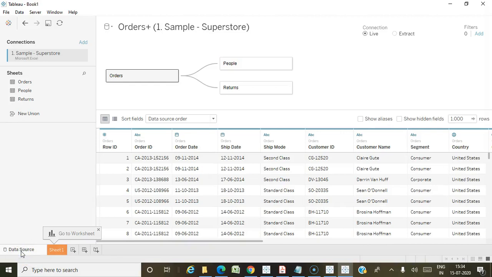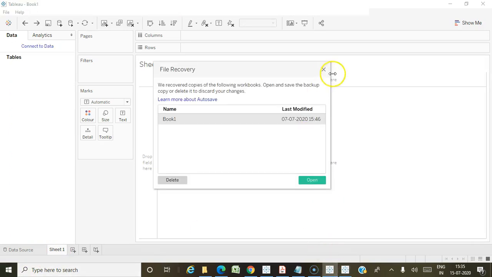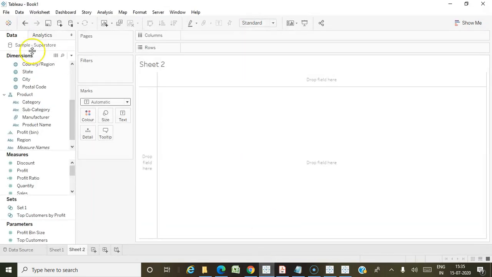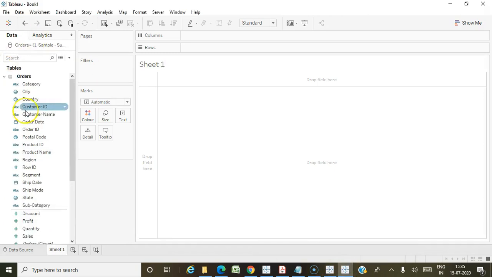In this video, I'm going to talk about another new feature in 2020.2. In the previous videos, I explained the relationship concept. Now, when you are connecting to any data set, in the previous versions you could see it separated into dimensions and measures sections. But now in the 2020.2 version, we don't have that separate window separating the dimensions or measures.